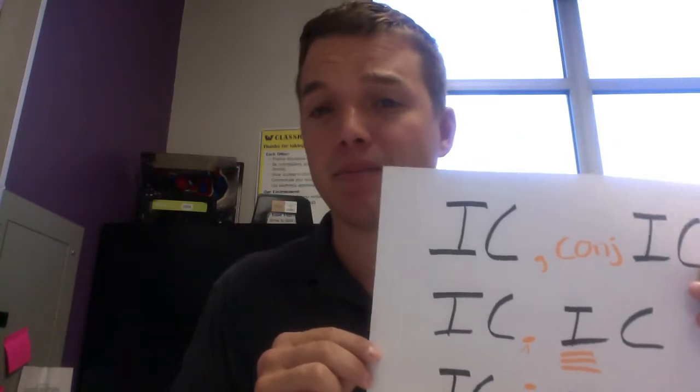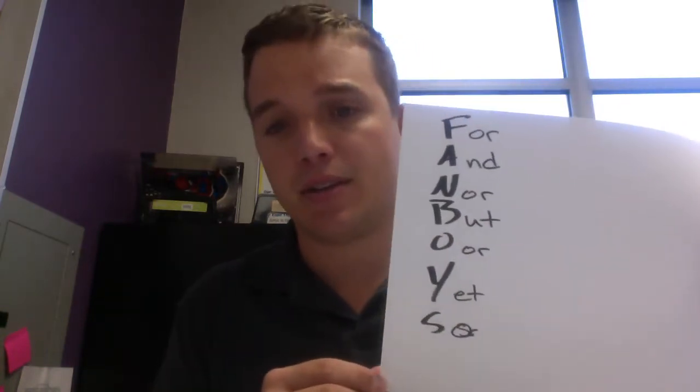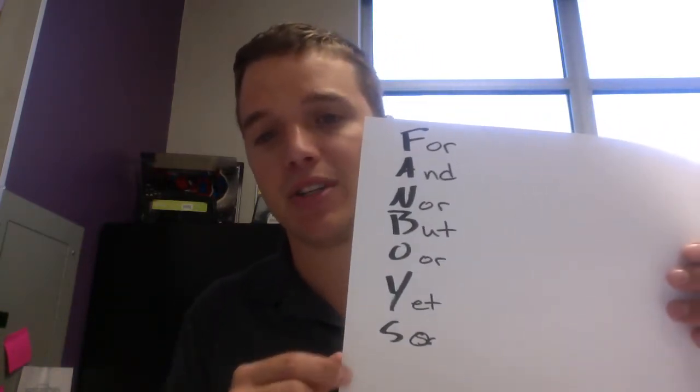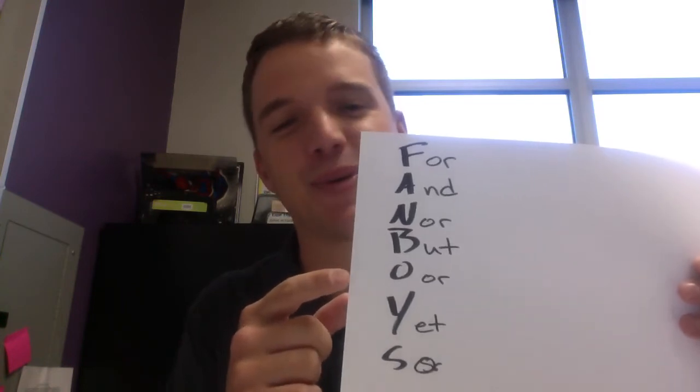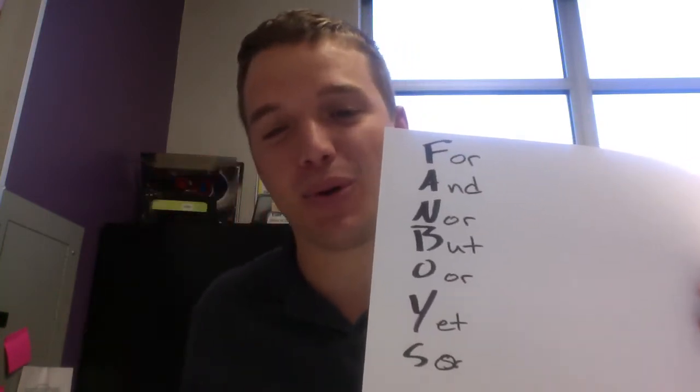So to help you with this, I want to remind you what a conjunction is. So here's a list of conjunctions: for, and, nor, but, or, yet, and so. So you can remember that with the acronym FANBOYS. So with that said,